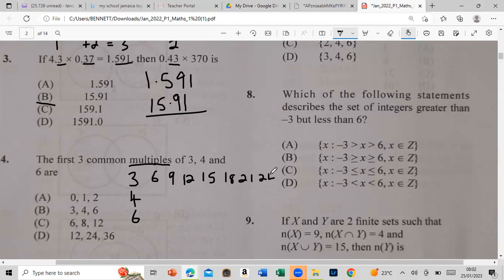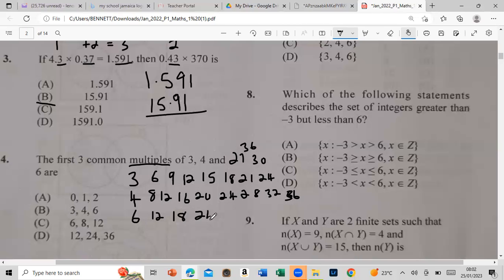So you guys get the picture. Alright? And then it would be 27, 30, 36, etc. Right? And you do the same thing for 4. But this time you're only adding 4. 12, 16, 20, 24, 28, 32, 36. Similar with this, 12, 18, 24, 30,